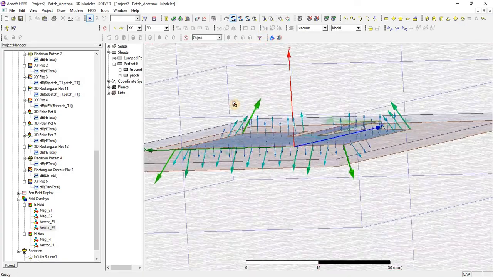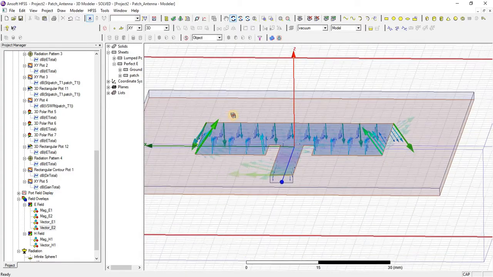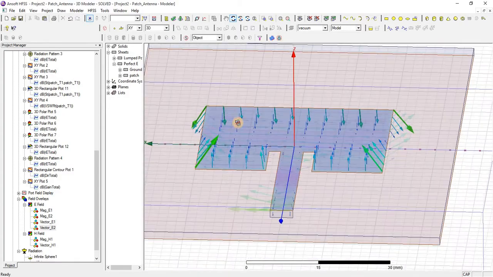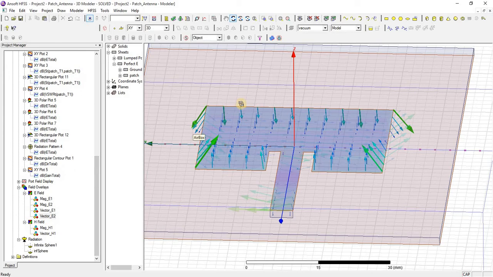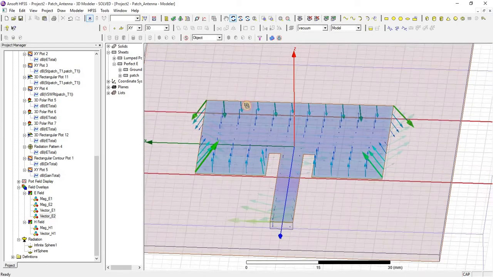In this way you can see the vector field, the directions of radiation for E field. Similarly, we can also check the vector of radiating H field.